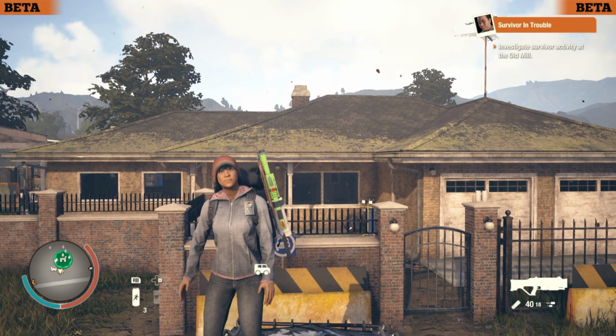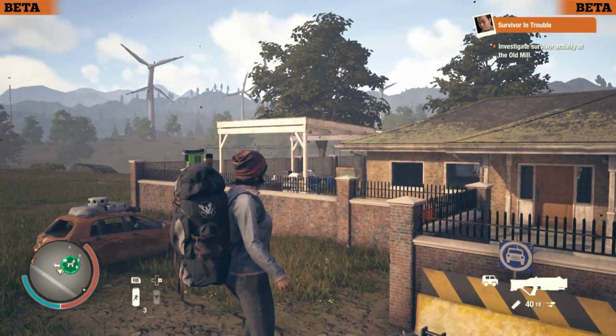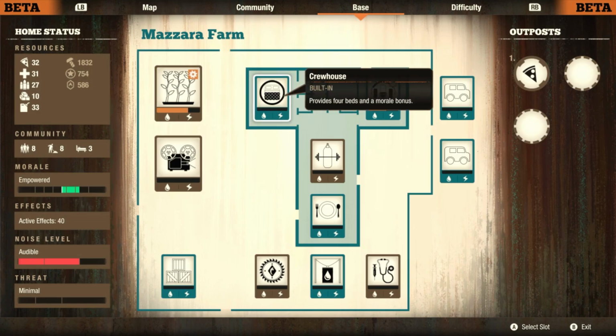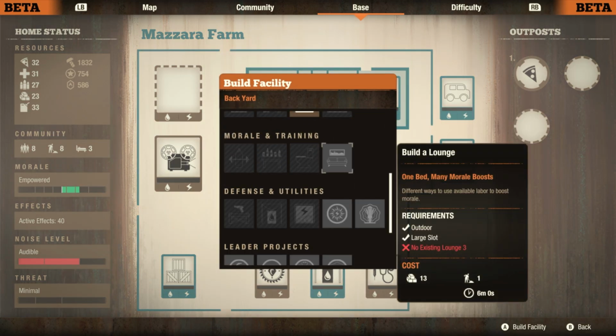Today I'm going to be discussing what I think about Mazzara Farm. Let's take a look at the base. First thing I want to do is remove this because we don't really need this anymore, and we're going to go ahead and replace it with...